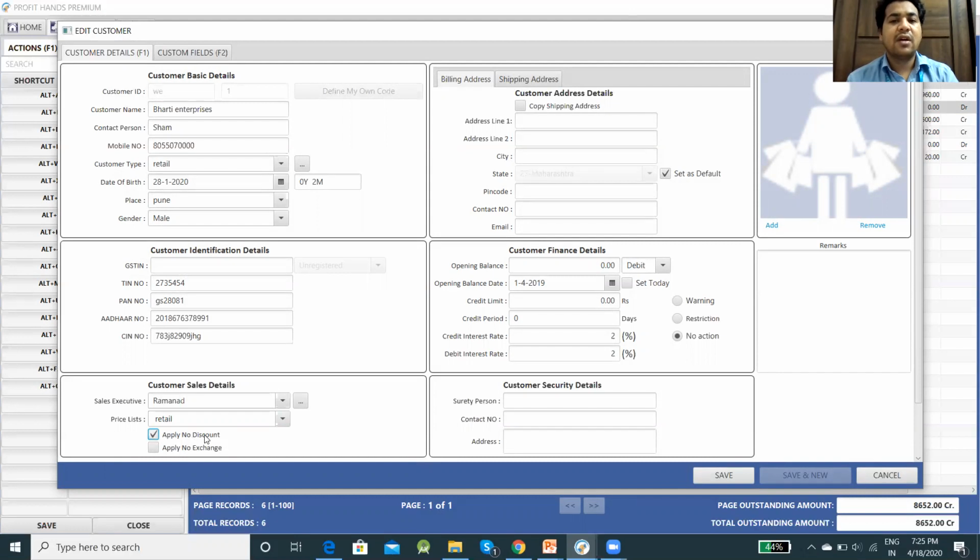So if you are having any kind of scheme, any kind of quantity wise discount, item type wise discount, none of the discounts will be applicable to this particular customer. And if you are clicking apply no exchange, in this way if he comes back to you and asks for exchange, the exchange will not happen. So in this way customer sale details we have seen.